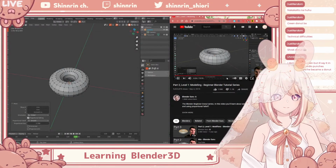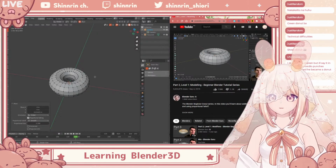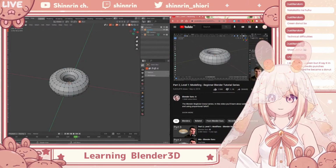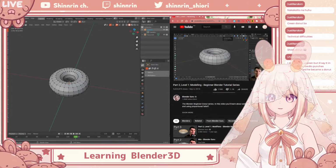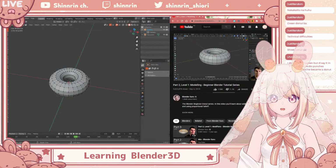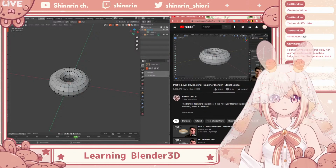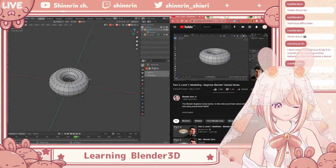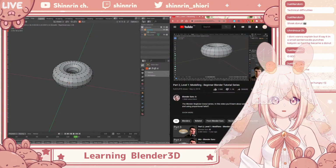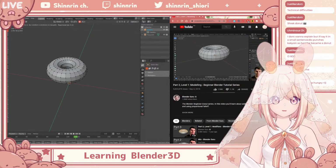That's a lot of work, and it's not even gonna look very good. What I want to do instead is grab one and have it affect the vertices around it. So there's a tool for that, and it's proportional editing. At the top of the screen, press proportional editing. The hotkey for that is O to turn that on and off. And then when I do that, if I use the same shortcut G to move this one vertex, you'll see that as I move it, the rest of the donut comes with it. But it only looks like the whole donut's coming with it. If I was to scroll up, like scroll